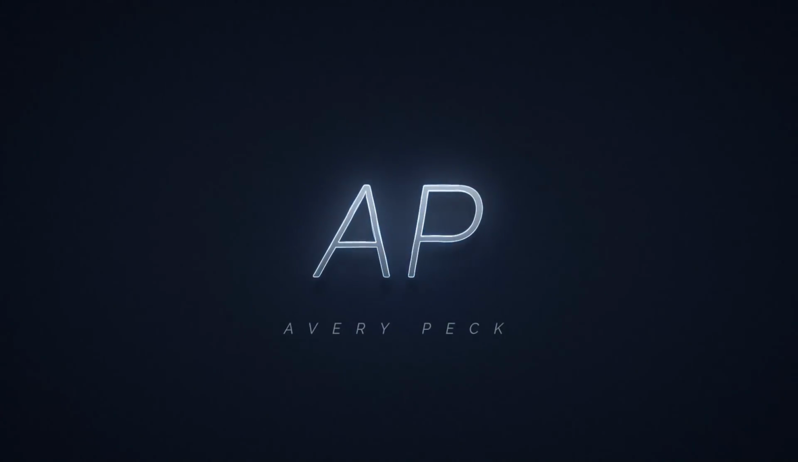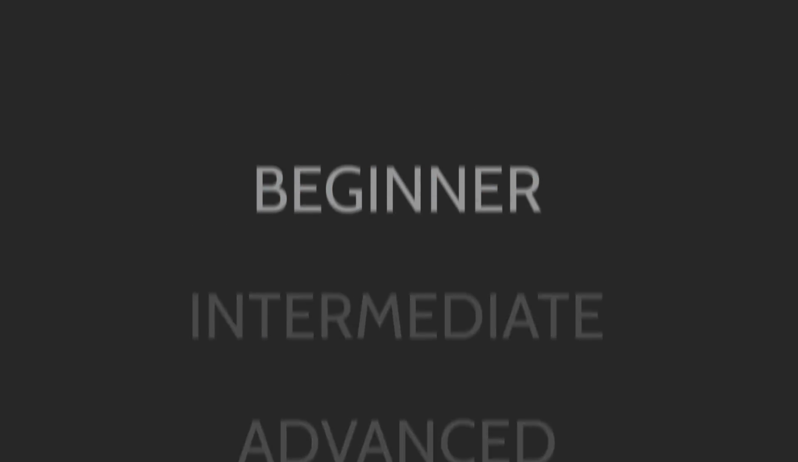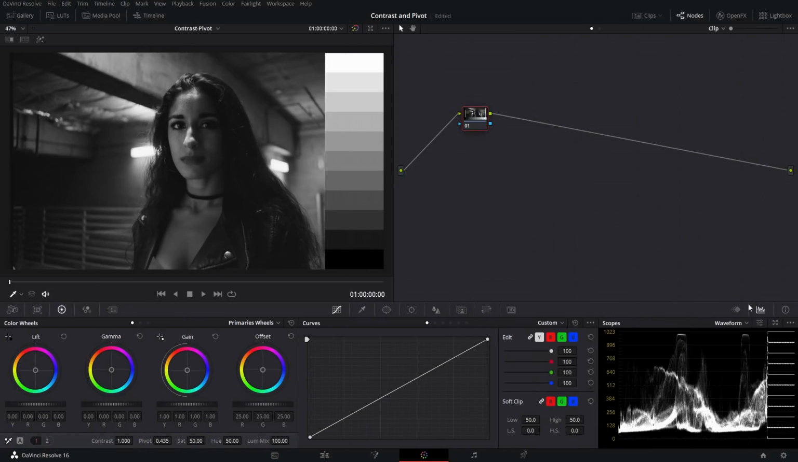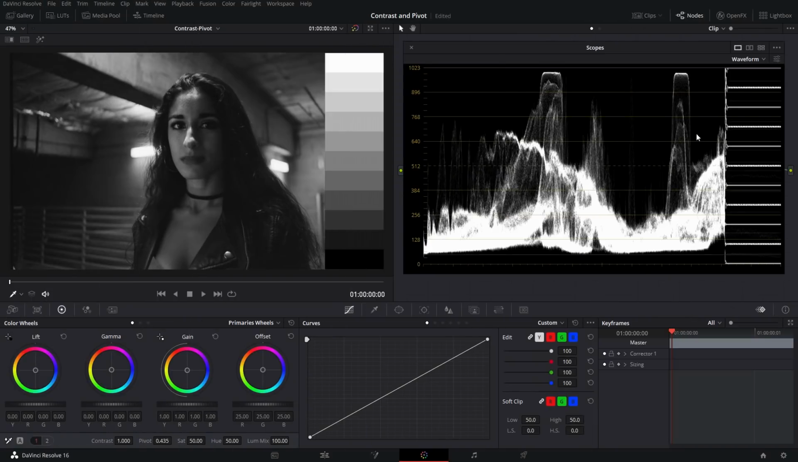Welcome, my name is Avery Peck, and today I'll be explaining the contrast and pivot controls in 3 levels of difficulty. Let's get started. Let me go ahead and pop out our waveform so we can see what's going on